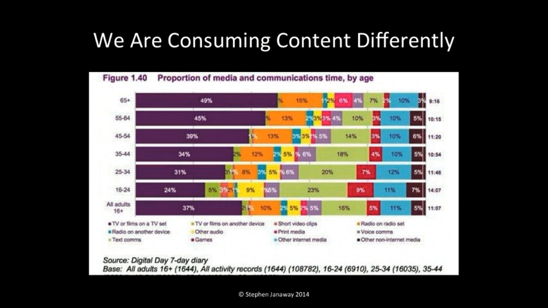Because the key thing here, and in the future, increasingly, media usage is changing, and how we consume media is changing. I mean, this set of stats here from Ofcom show the purple lines on the left-hand side is how people watch TV. So the purple line's TV sets. So if you look at the number of 65 plus, half of people are watching TV on TV sets. But then when you come down to the 16 to 24s, it's only 24%. Whereas 23% are watching them on another device. Now, another device here is clearly going to be a mobile device.